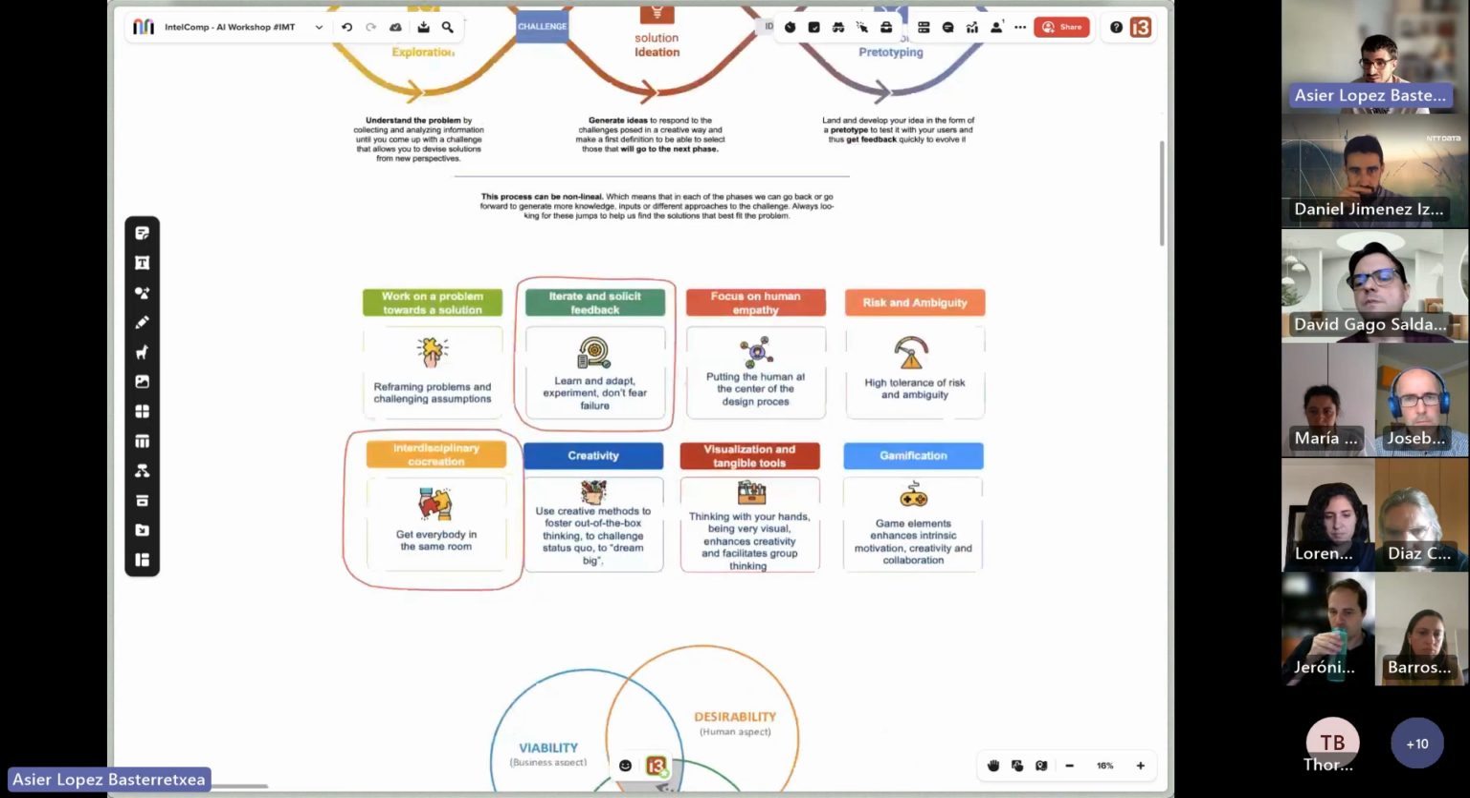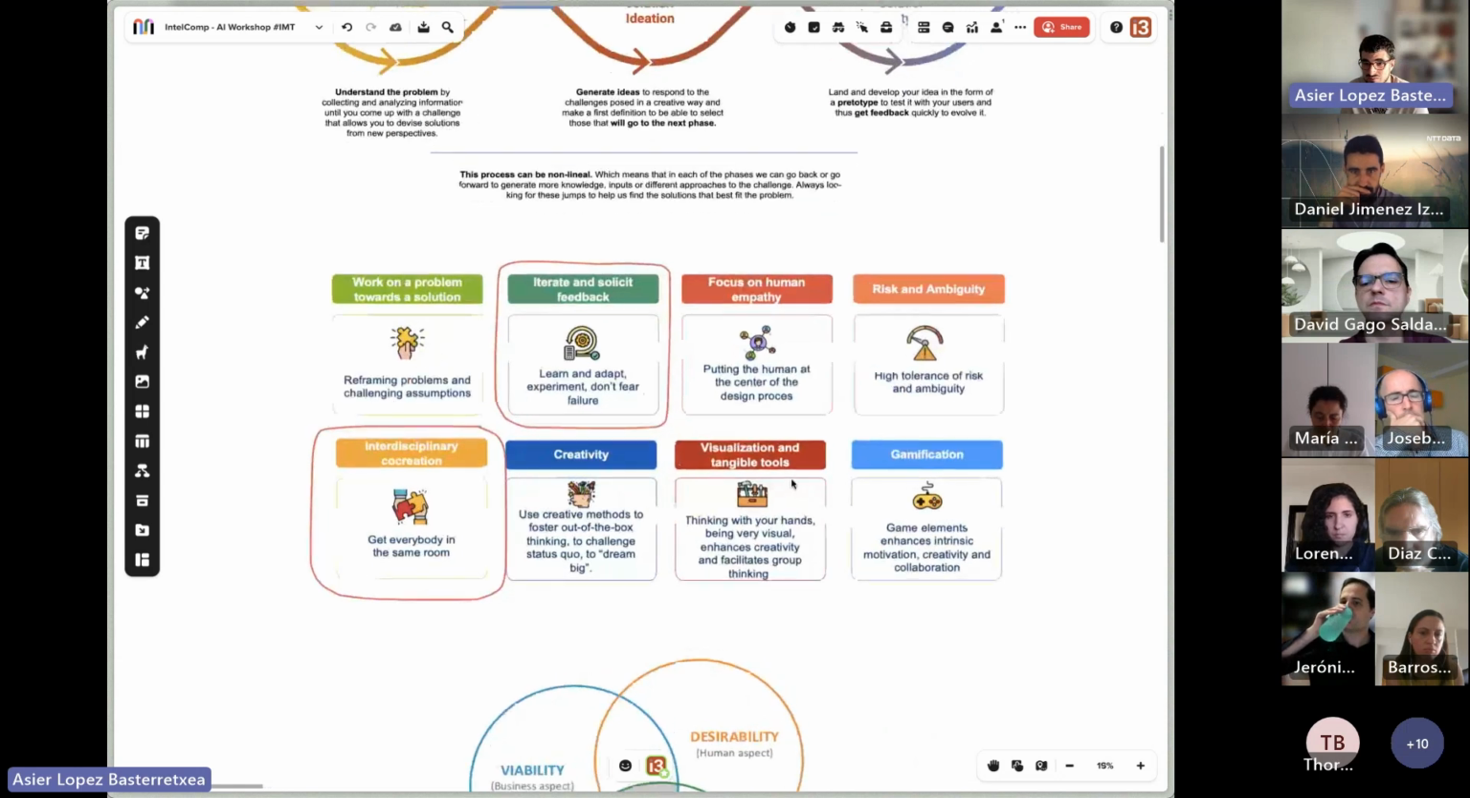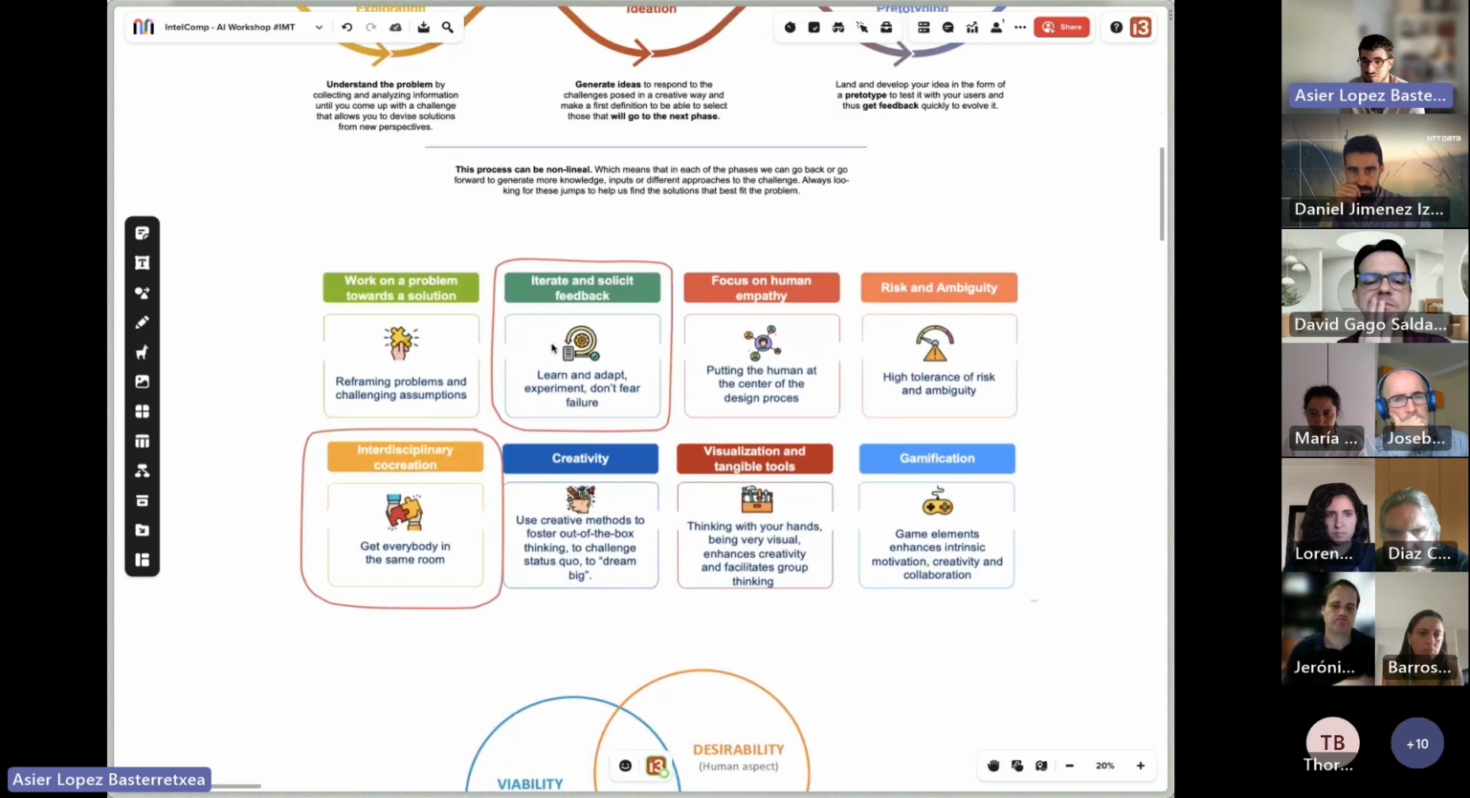As you can see in this picture, there are a lot of fundamentals which describe this mindset, but I would like to highlight two of them. The first one is the iteration and feedback. IntelComp, as you might know, is part of a European project, and that's why some of the tools that Joseba talked about before, for example IMT also, have some minimum functionalities already implemented. But now we need to work together and iterate those tools to make little adjustments and align them to your